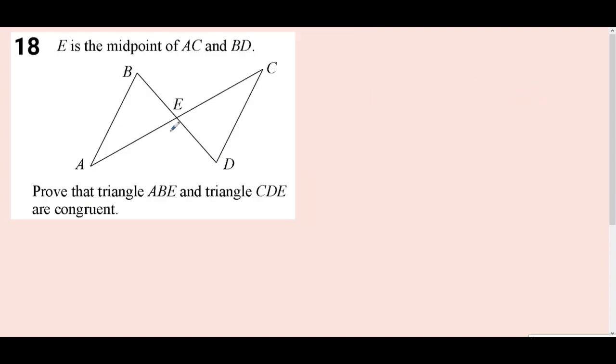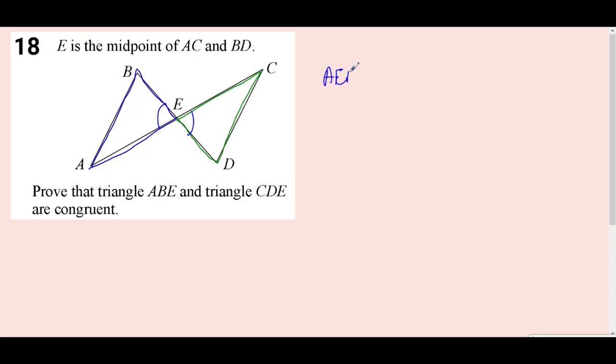In 18, we're looking to prove congruency. That means we need to make sure that one of our conditions of congruency is held. So we're asked to prove triangle ABE, which is the one I'm just going around in blue here, and triangle CDE, which is the one in green here. Now, we're looking for things that match up. The first thing that I can notice here is that